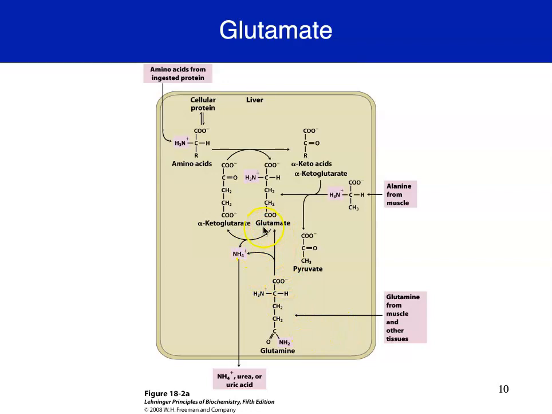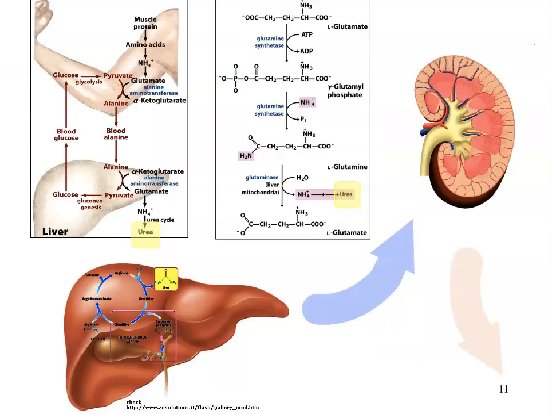And then all of them eventually will release that ammonia in the hepatocytes, and the hepatocytes will convert it to urea or other products depending on the type of animal or cell. So like I said, alanine and glutamine play a role in the delivery of ammonia to the liver. Now, it's a good place to say that the liver is the only tissue that can process ammonia and convert it to urea. The liver, again, is the only tissue that contains all of the enzymes that can convert ammonia to urea. Ammonia is a toxin, and you need to